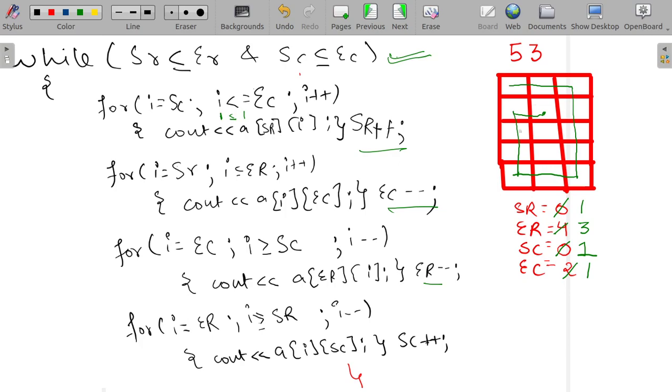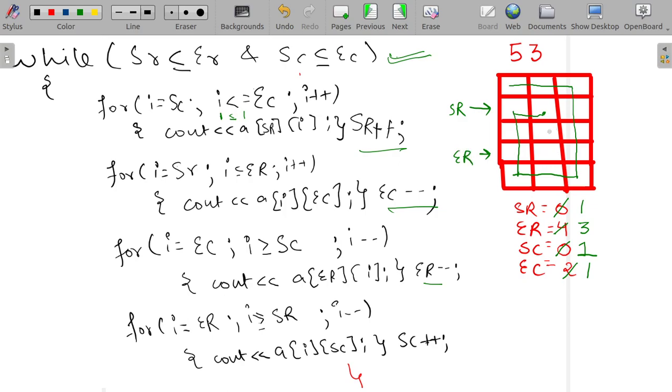So let's see, start row is pointing to 1. Yeah, so this is my start row. And what are the other variables? End row is pointing to 3, 0 1 2 3. Yeah, so this is my end row.